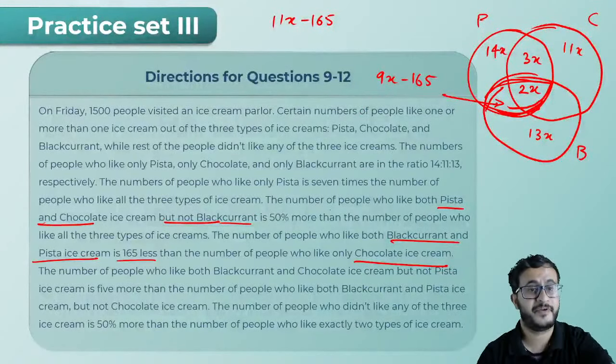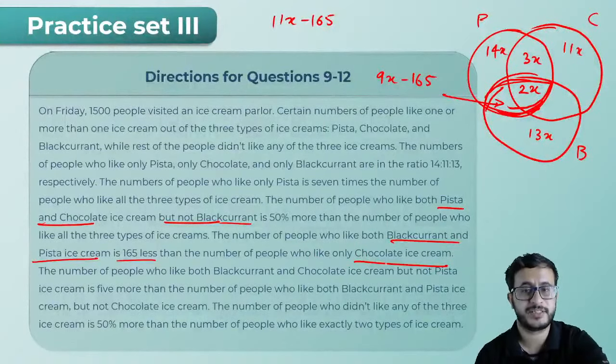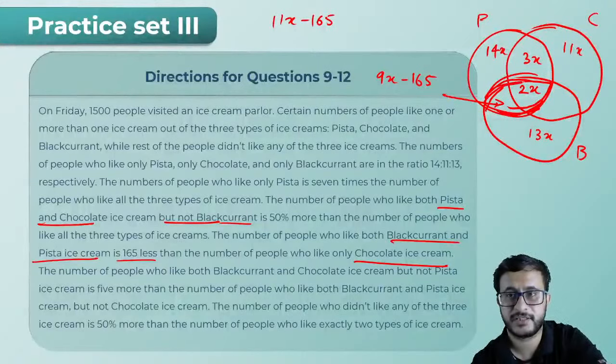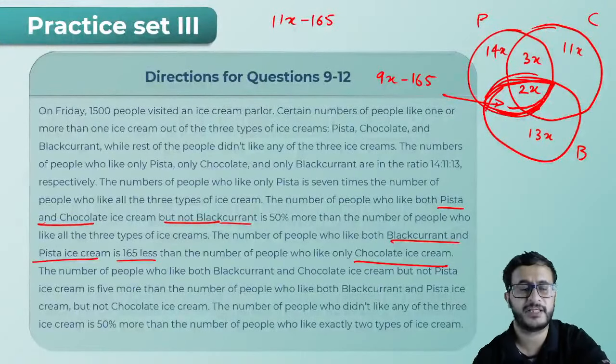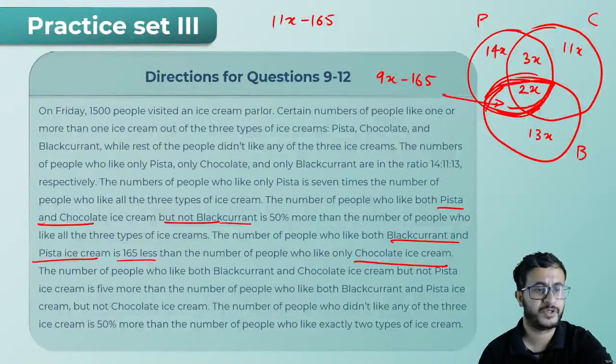You should be very particular about these terms. It is saying both blackcurrant and pista, so that means we shall consider this entire region. That is the place where people make mistakes, so you should be careful about this. So 9x minus 165, because this total will become 11x minus 165. Okay, next is